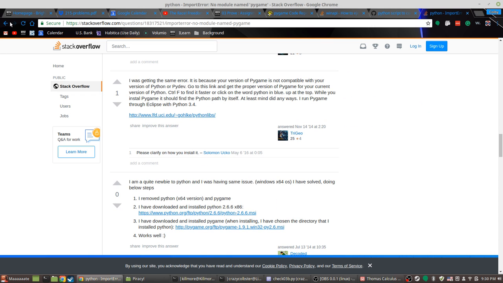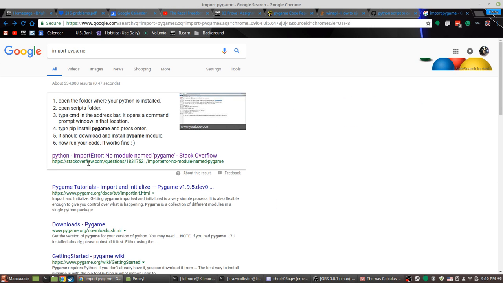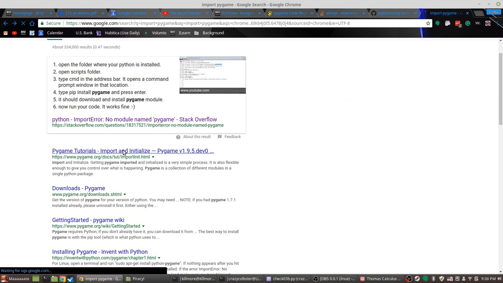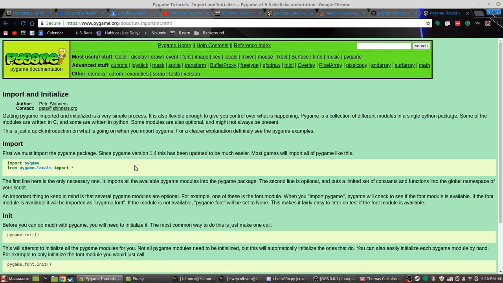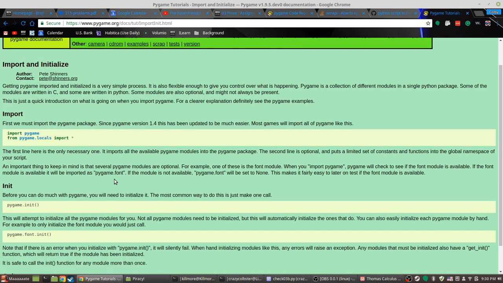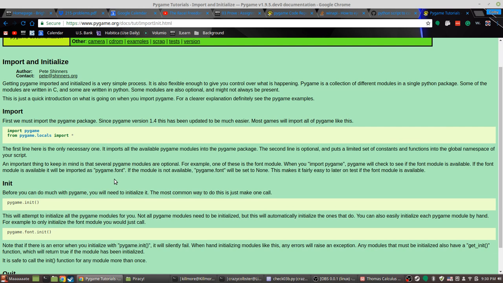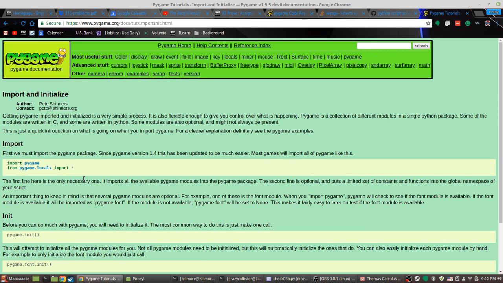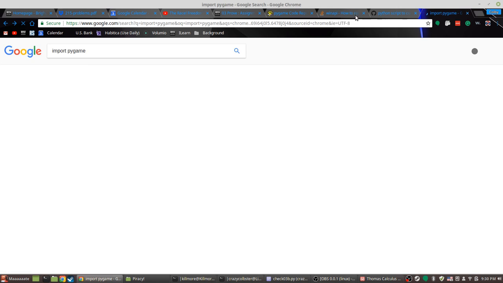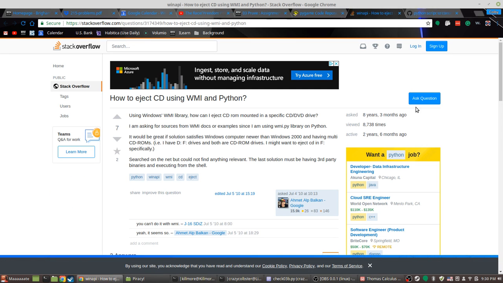Well, the problem is I'm looking at a thread for Windows. I always feel like that's going to work, but it never does. A thread for Windows? Sure. Okay, what if I don't want to go through Pygame? We're going down a different route.